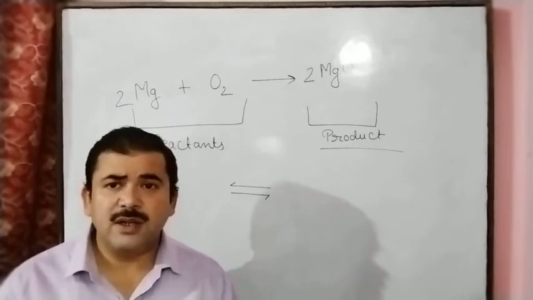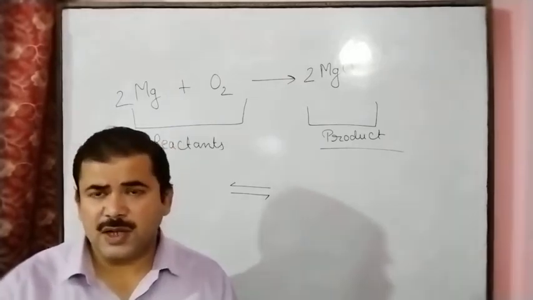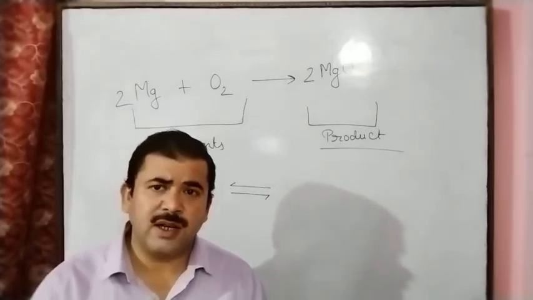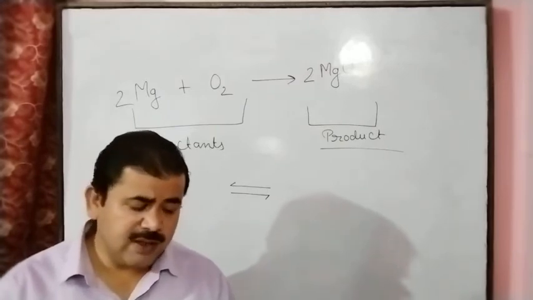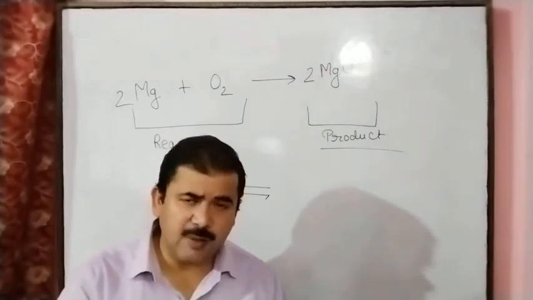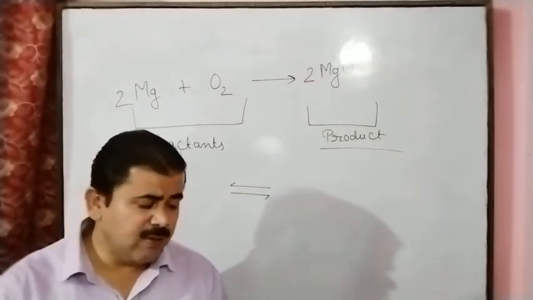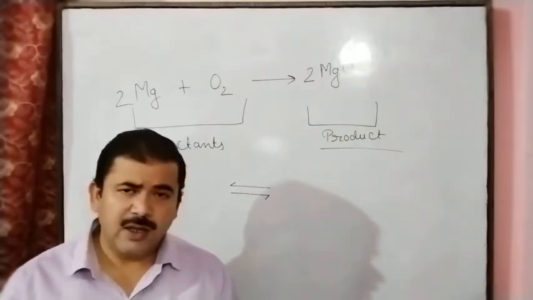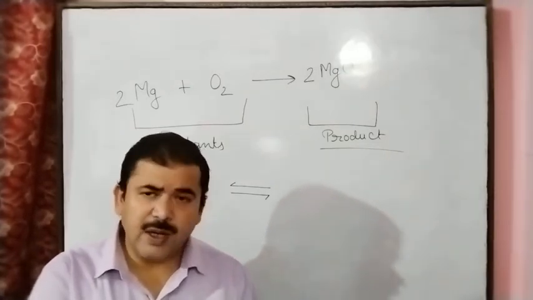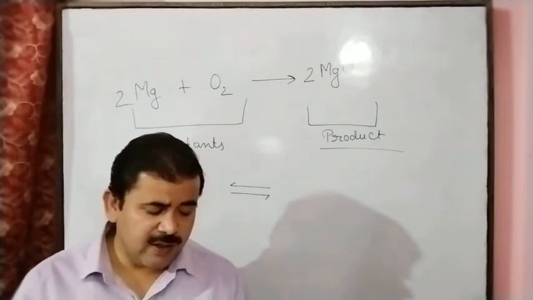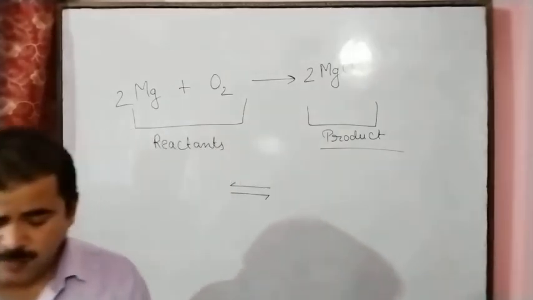Limitations means here we can't know about the concentration of the reactant, the speed of the reaction, the change in color occurring, the completion of the reaction, and the evolution of light or sound energy. So this is the limitation. And the information means the chemical equation tells us about the chemical nature, the nature of elements, the direction, and the state of matter. So these are the information provided in the chemical equation.